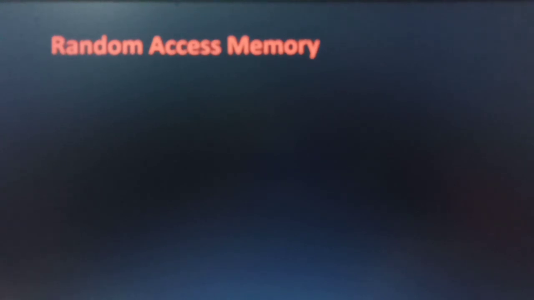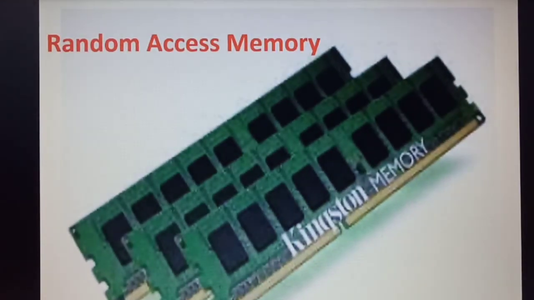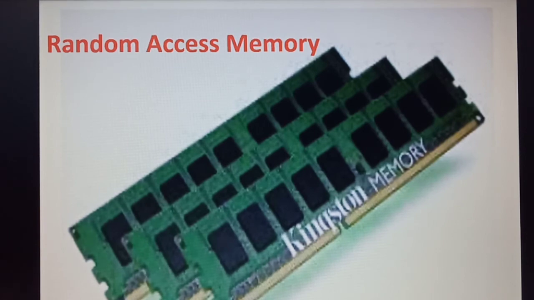Now we study the primary memory. The primary memory is also known as the main memory or internal memory. Some of the features of the primary memory are: the primary memory can be directly accessed by the CPU. This kind of memory is fast but expensive. Any process to be executed is first loaded into the primary memory. Primary memory is of two types, RAM and ROM.